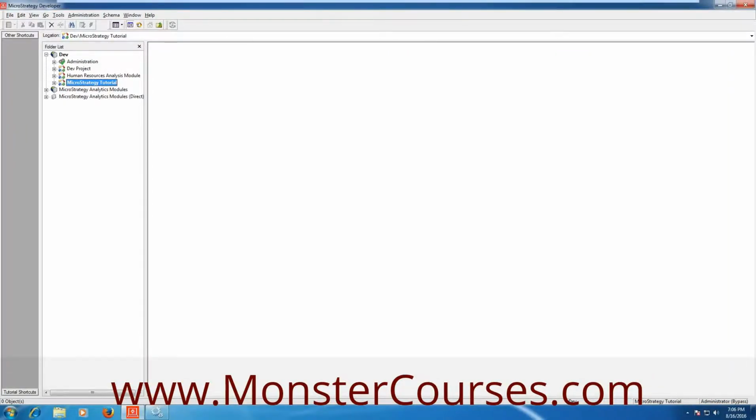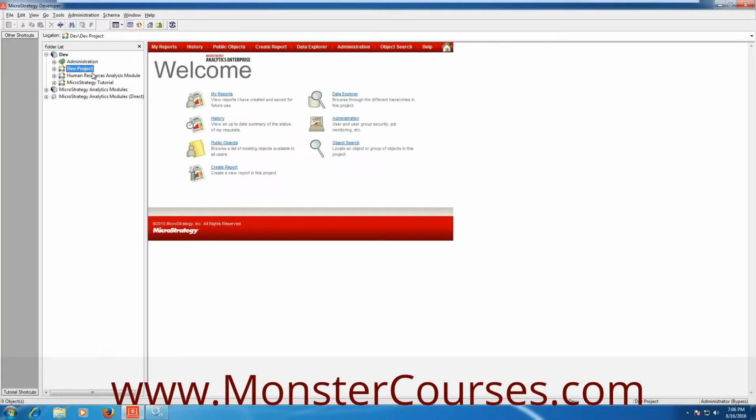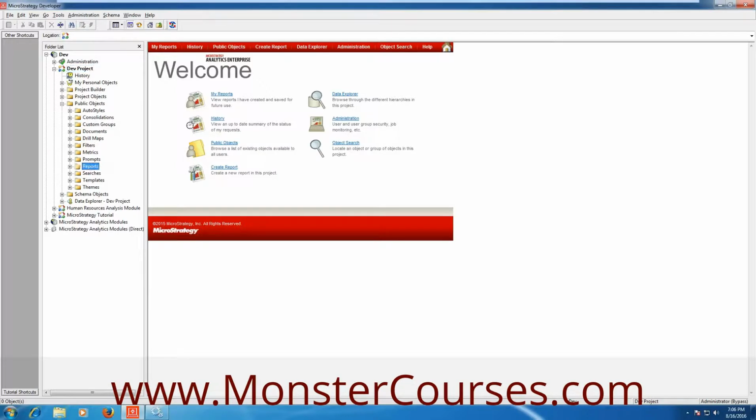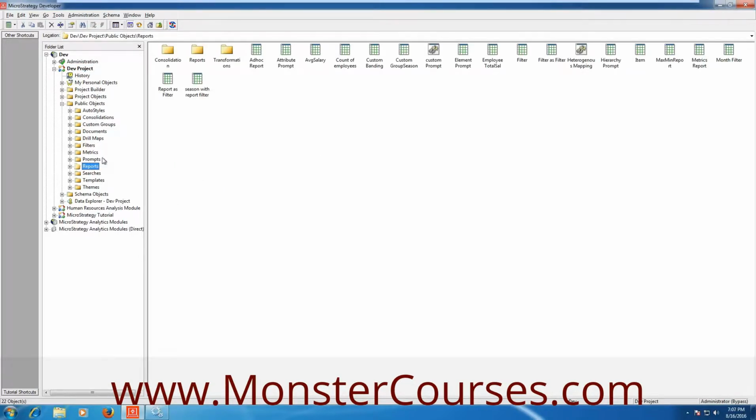Let's start working on that. Can you do one thing? Can you go to reports folder and open any of the reports? Like, you know, go to reports folder, right click and open any report.